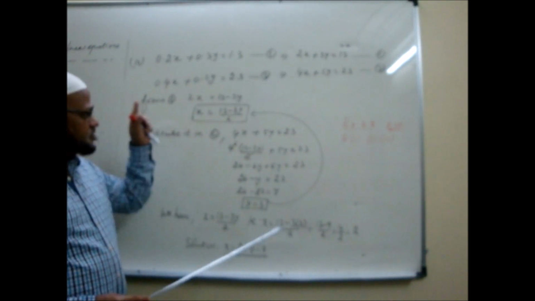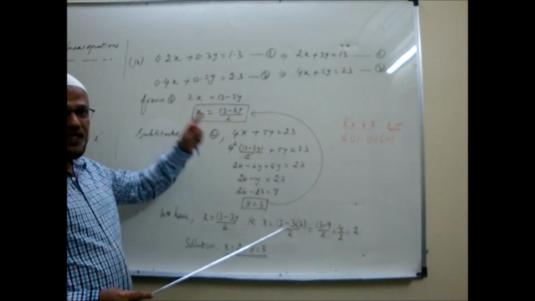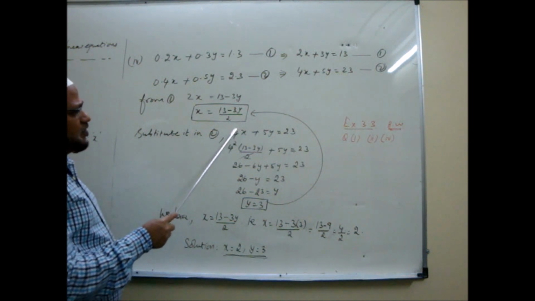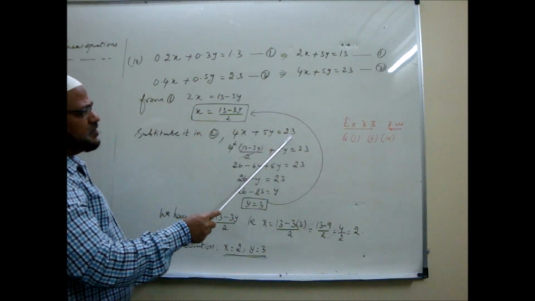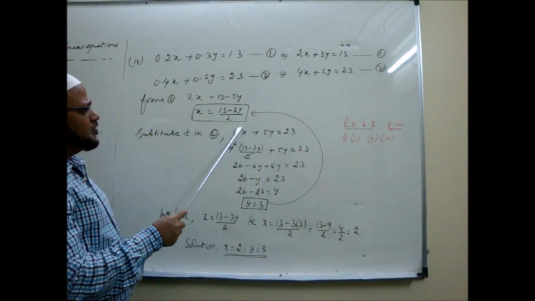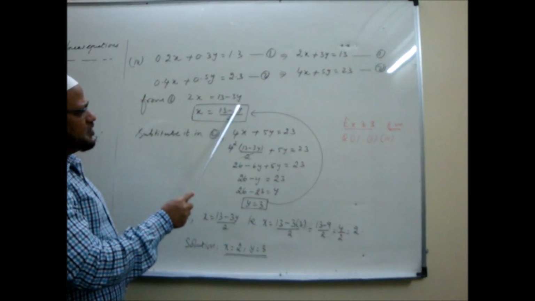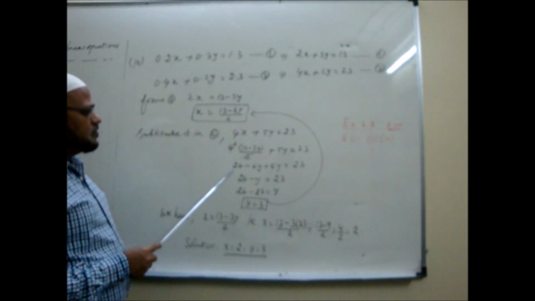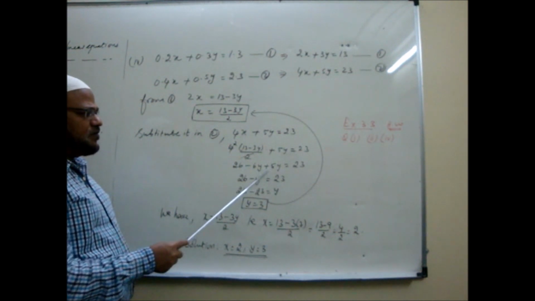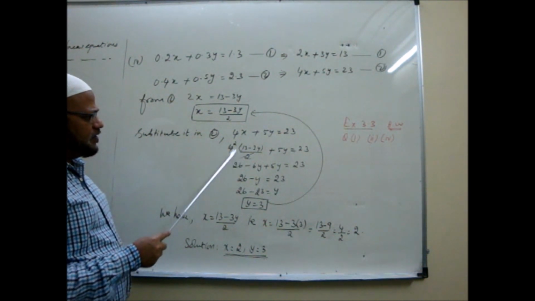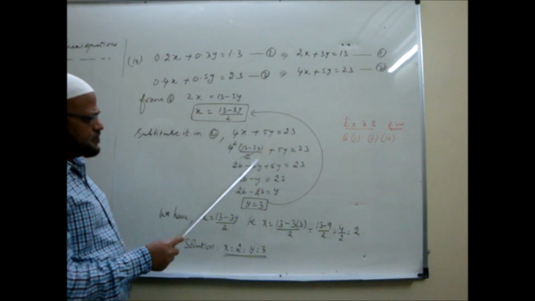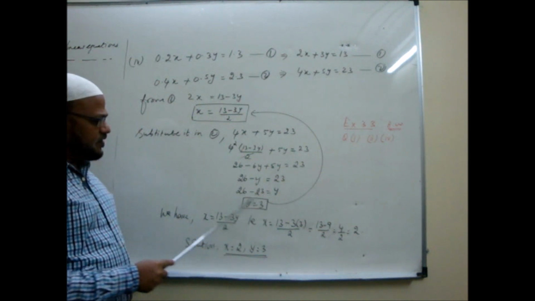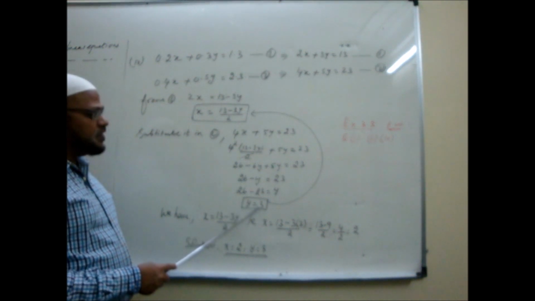Now what to do? Substitute in the place of x in equation number 2, in the other equation. So this is the second equation written here: 4x plus 5y is equal to 23. Here I substitute in the place of x this value. Okay, here substituted, simplified. So now the second equation has only one variable. The brackets are all opened, simplify. 26 minus 6y plus 5y is equal to 23 coming. Find y from here. Transposing, find y. y is coming to be 3.